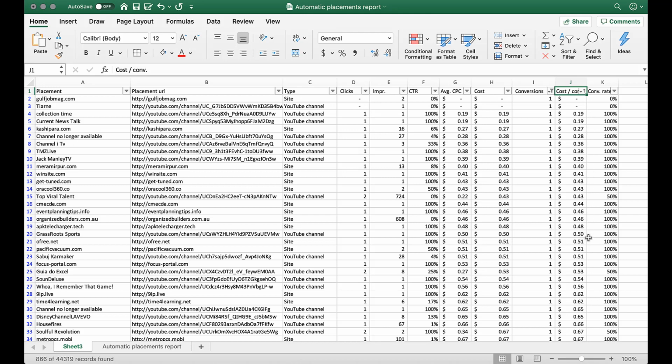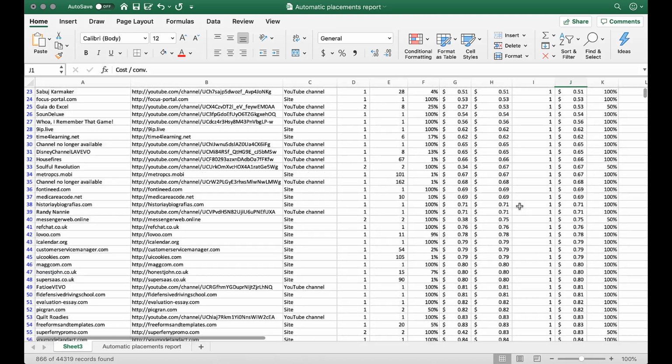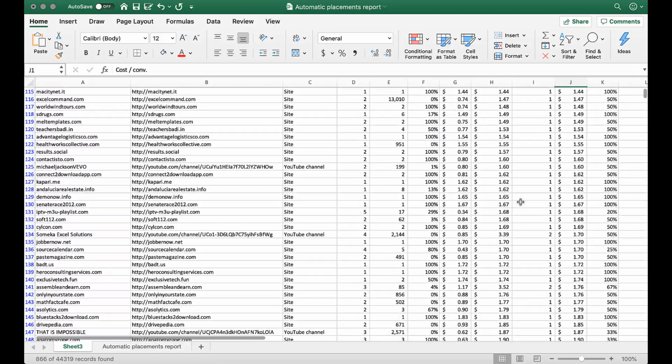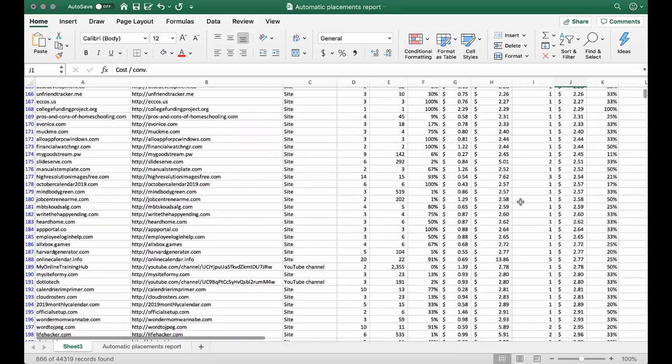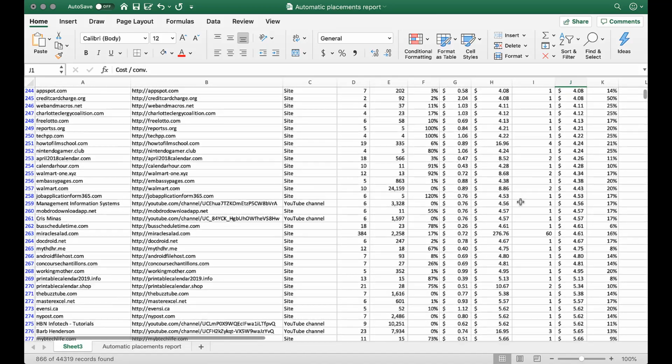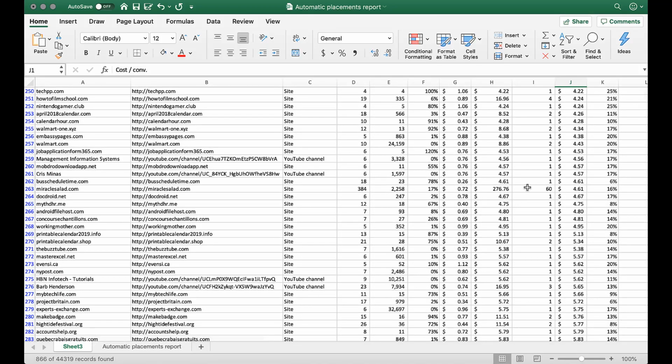This is one of those areas that I'm just looking for fishy performance. If something has one conversion for a 19-cent cost per lead, but that's because it's only got one click, that's one thing. That might not be anything to really worry too much about. It might not be in the realm of normal, but right now I'm just kind of skimming to see if anything looks out of the norm. And for the most part, all these conversions are single digit until we get to this one. So everything's single digit, and now we're starting to see one that has 60 conversions